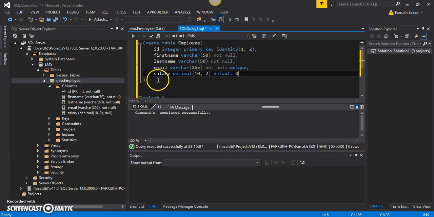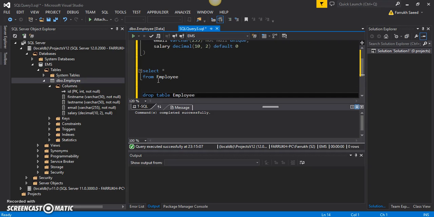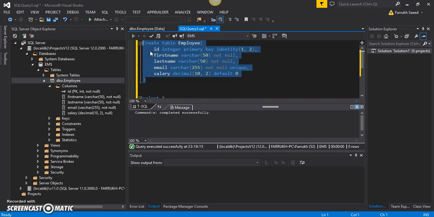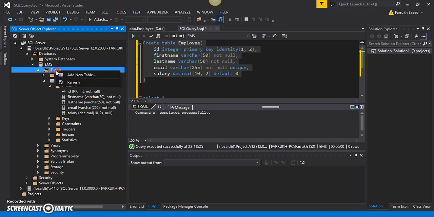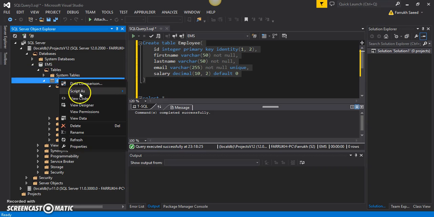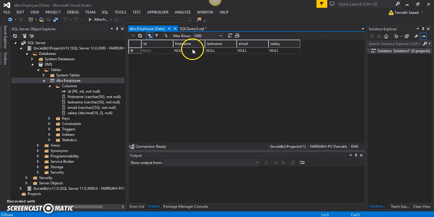So if I do that, let me just quickly drop this again, because it's a schema change, and every time we change the schema of the table, we'll have to drop it. So we drop the table, and let me create this table again, and the command is completed successfully. If I refresh the table, we can again see all these columns being created, and what I'll do is that I will try to enter some values into this